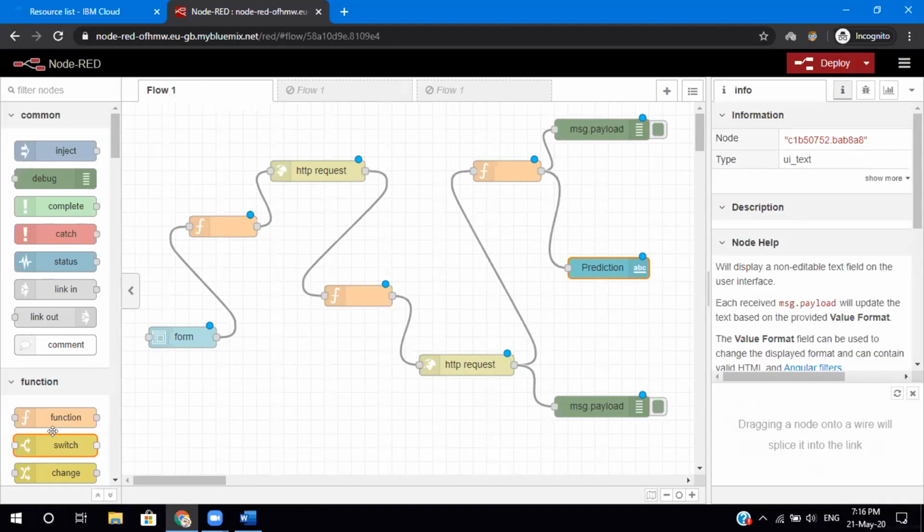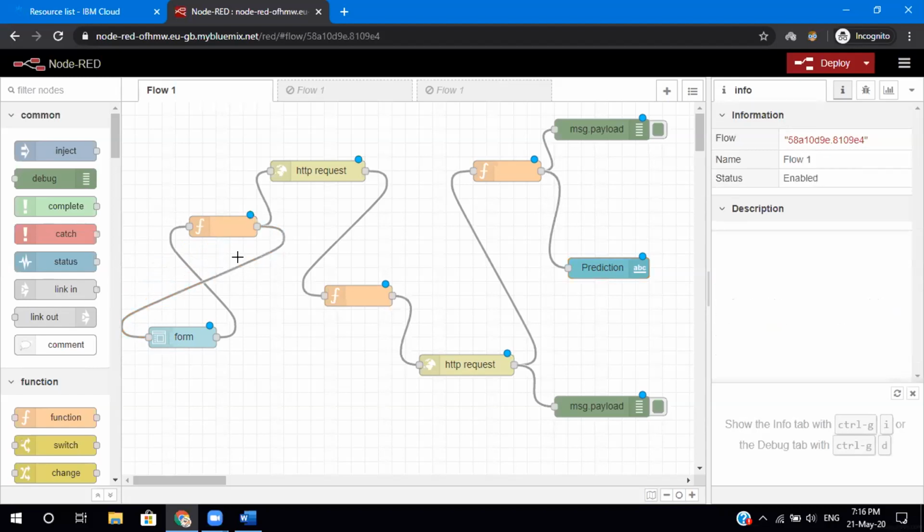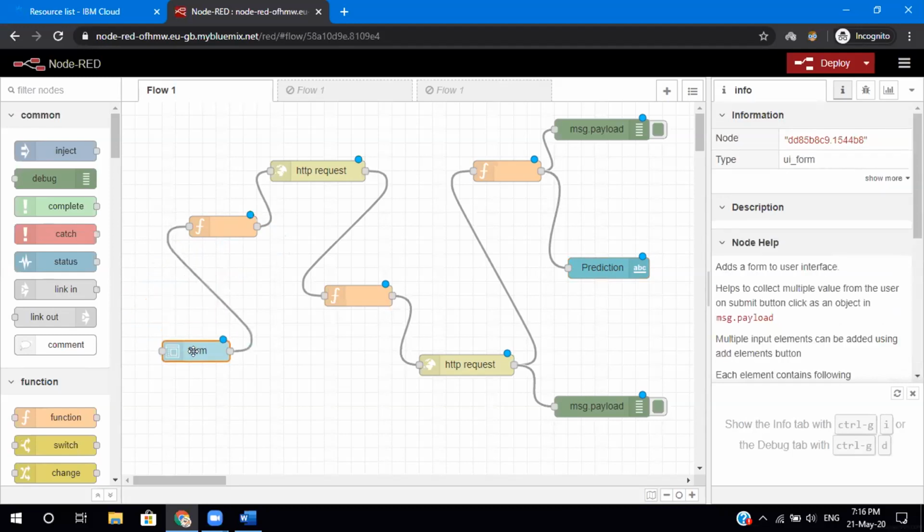Okay, see, your aim is to make the user access your deployed machine learning model, right? You have deployed your model. You've also created a service endpoint, just like a link. So consider it like a link so that you can connect from one service to another service. All right. You've created a link as well, right? So what we are going to do is start with the UI part.